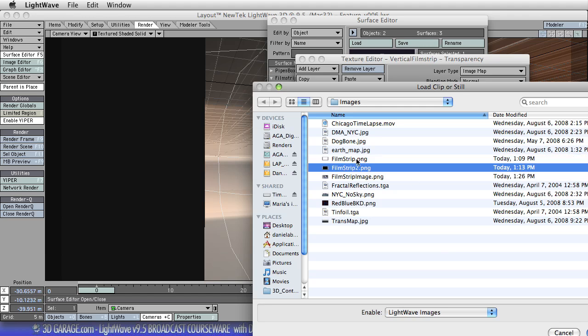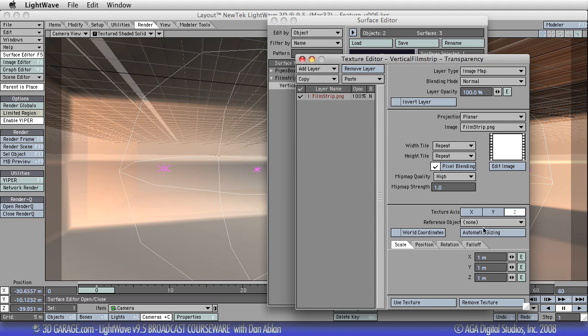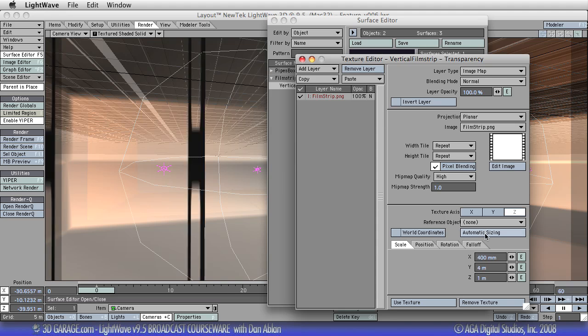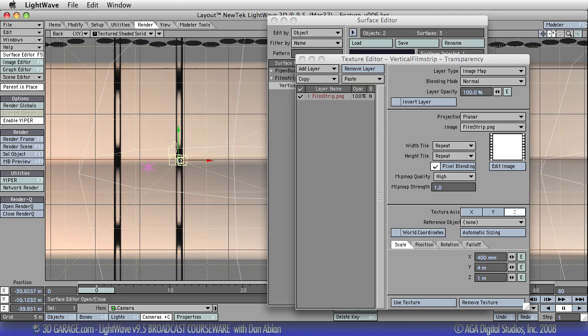Okay, now film strip, let me show you what happens here. Kind of disappears, right? Let me do automatic sizing on the Z-axis. And what happens is you get this stretched. Take a look at it from a front view. That image now is just stretched all the way on there because I did automatic sizing. So it took that image and pretty much just pinned it 4 corners, which is fine because now all I got to do is just scale down